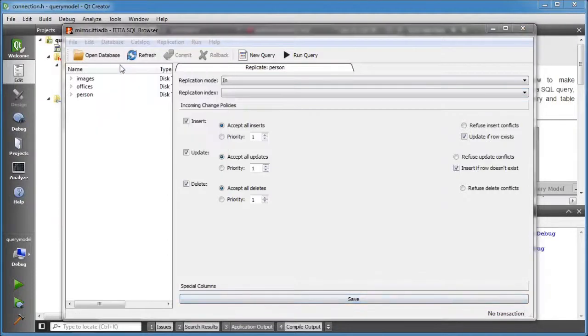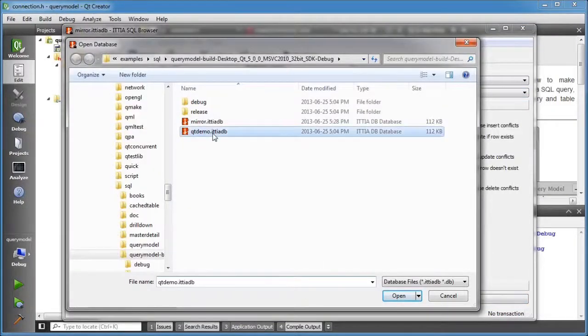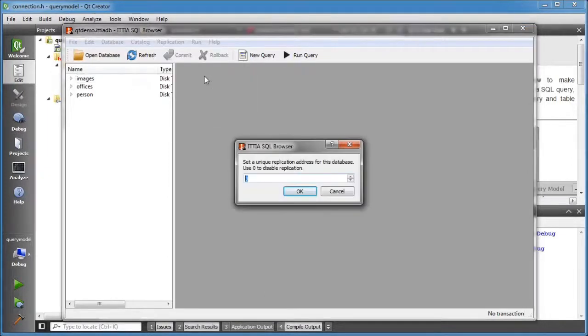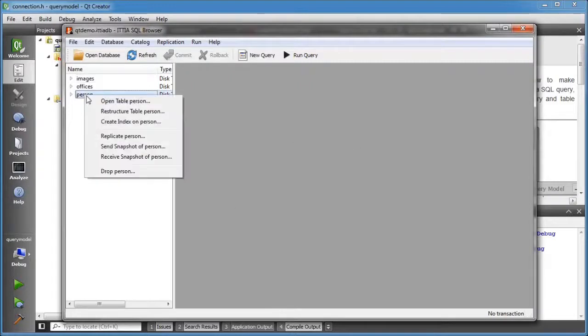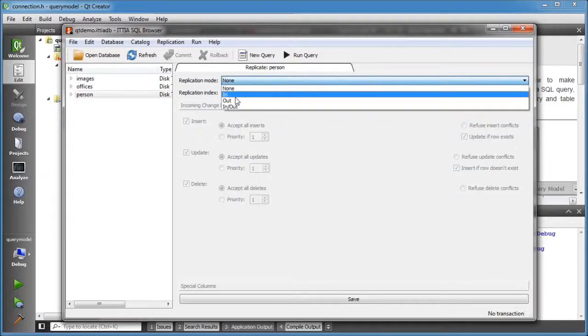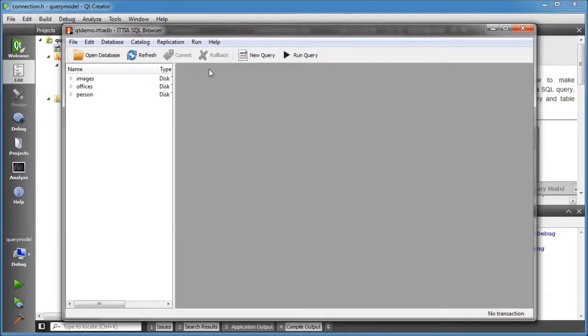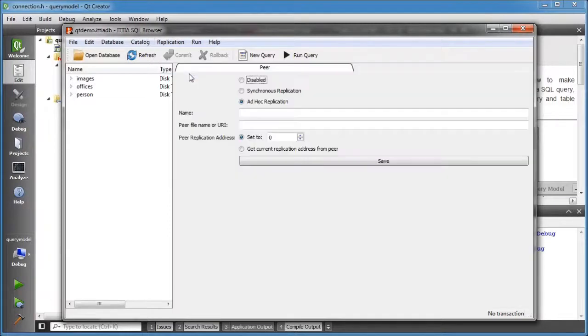Now I just need to set up the original database. The original can have address 1, and it will replicate out the person table. Finally, I need to create a replication peer in this database to tell it about the mirror.